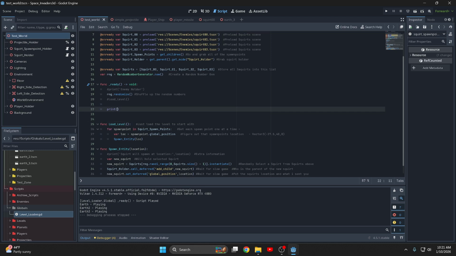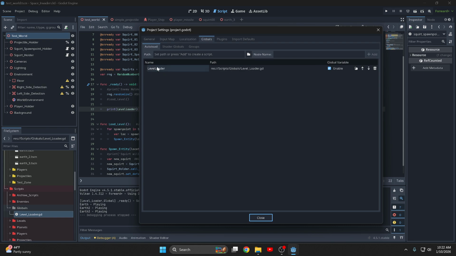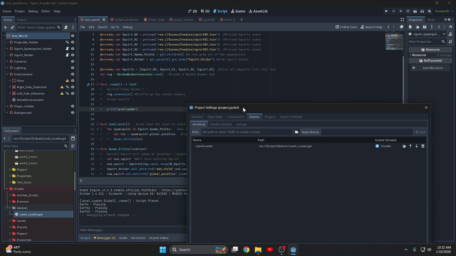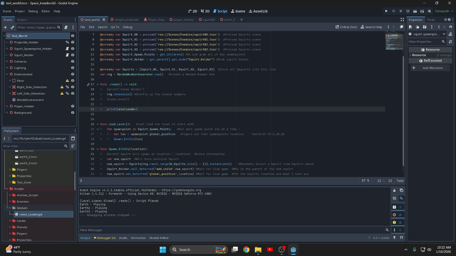So I'm going to reference my level loader script, because you can now get access to that from anywhere just by calling it by name. The name that you call it by is whatever you put right here. Notice that what I have written right there, level loader, is exactly like that. So if you want to change what that is, you can just change it right here. You could put the word global in there, and so on. So if I say go to the level loader and tell me what are my